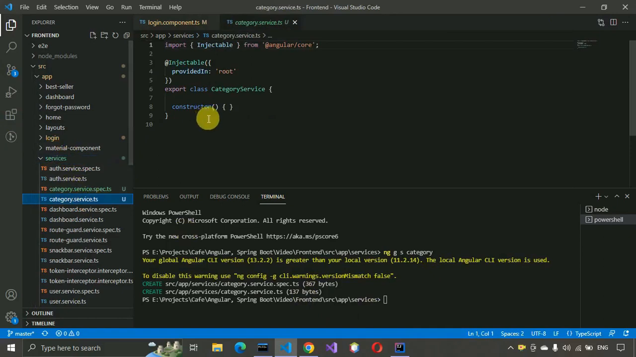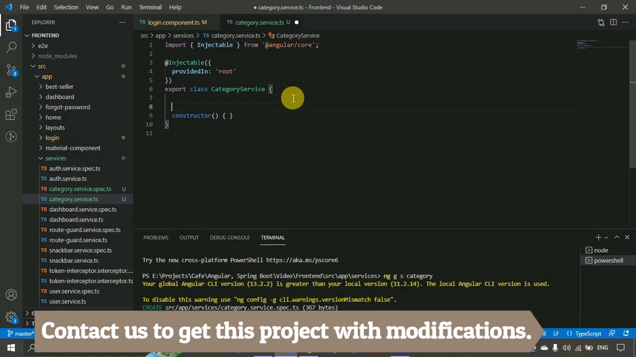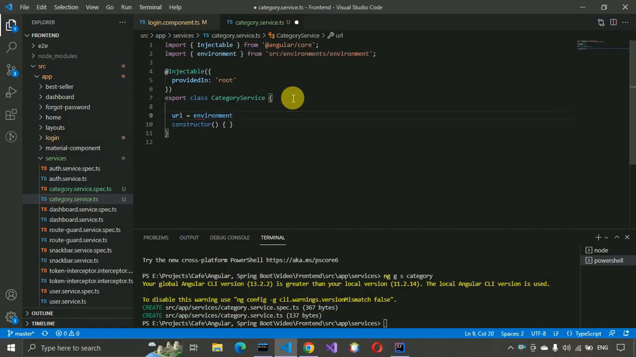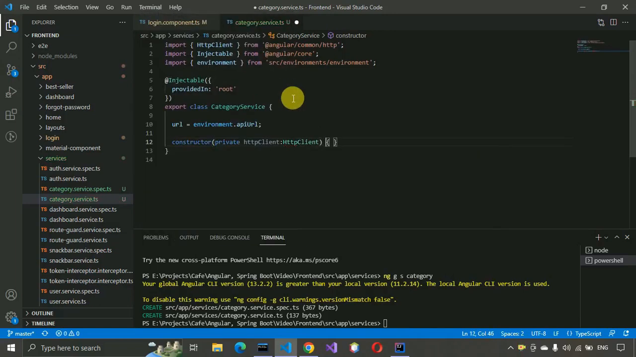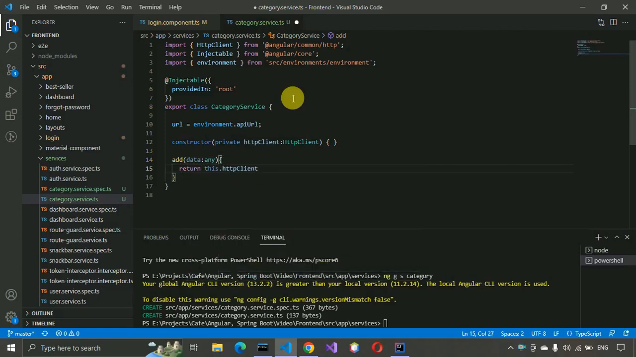Now extend, go to the categories service. Let me decrease the size of this one. First we are going to write here url equals environment dot apiUrl, and after that in the constructor we have to write HttpClient. After that we have to create the method add, and here we write data of type any, and it should return this.httpClient.post